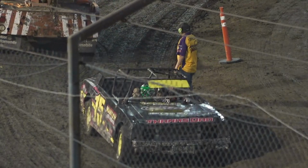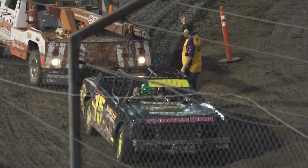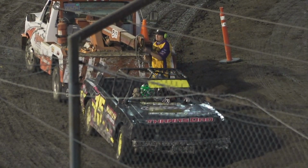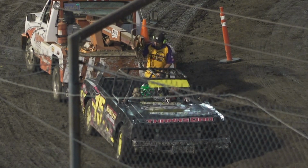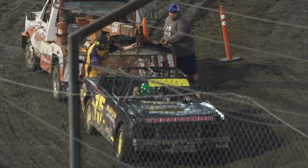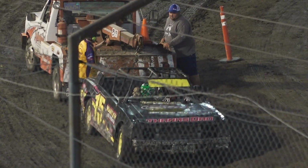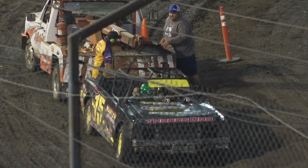Biggest field we have here tonight, which most of them are near full fields, if not full fields. But our biggest field is a 22-car field, and that tells me we will probably not see any B mains here tonight. Now, because of this yellow, anyone that had a flat tire, if they're paying attention or someone on the crew is able to flag them down or maybe text, call, radio, say, hey, get them back on the track, because if we only lost 1 lap, the way this race is going, there's a good chance we might